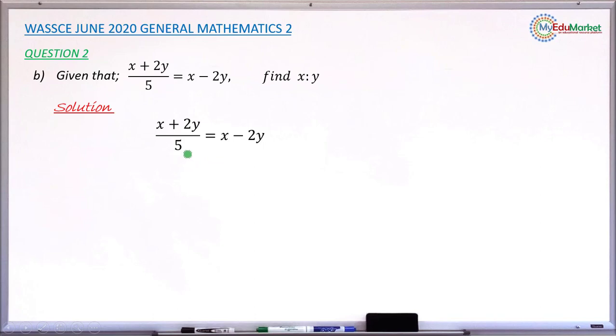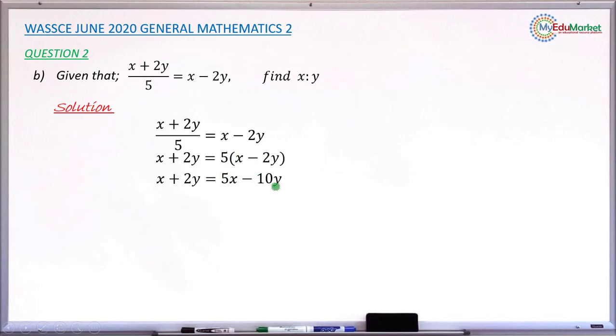So to do that, what you do first is to cross multiply to clear this fraction by the left hand side. Cross multiplying, you now have 5 multiplied by this right hand side, x - 2y. So you now have x + 2y = 5(x - 2y). Next is to expand the bracket, that is 5 multiplied by all that is inside this bracket. So copying the left hand side, x + 2y = 5 times x is 5x,